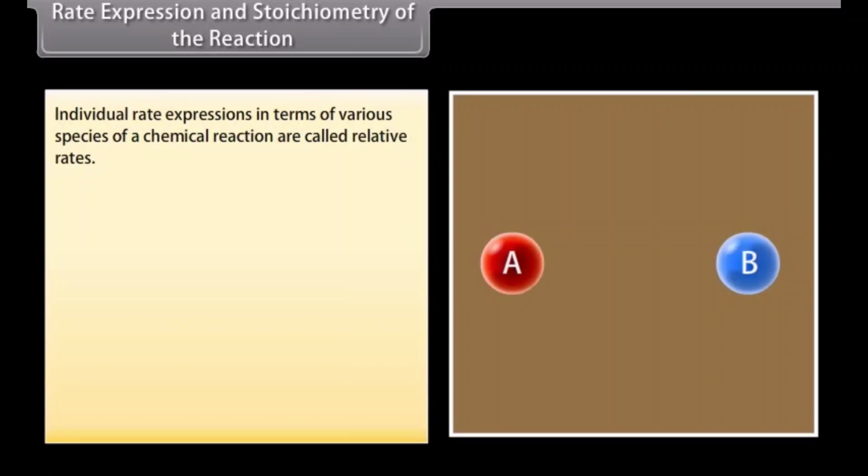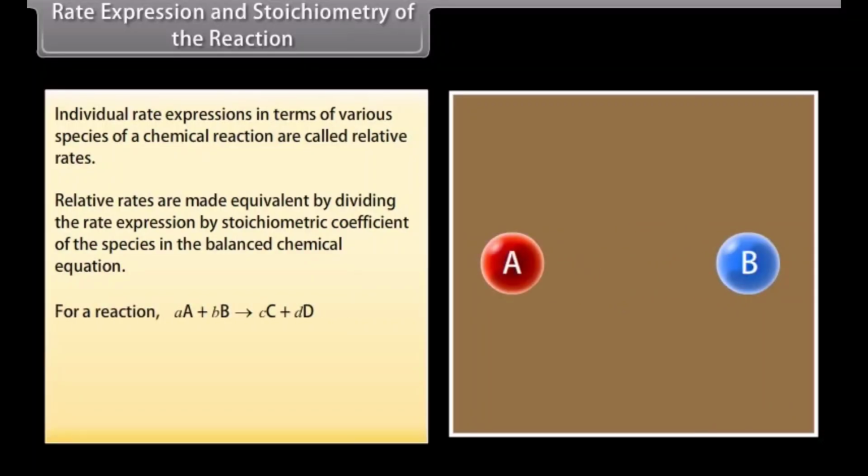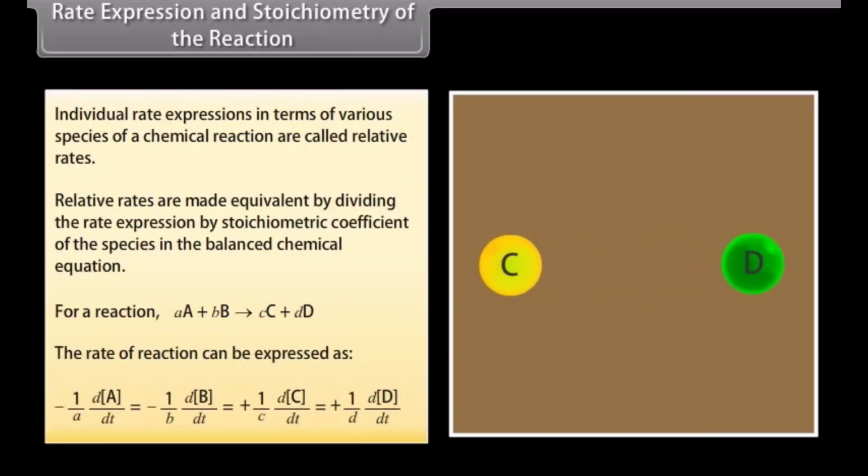Rate expression and stoichiometry of the reaction. Individual rate expressions in terms of various species of a chemical reaction are called relative rates. Relative rates are made equivalent by dividing the rate expression by the stoichiometric coefficient of the species in the balanced chemical equation. For a reaction, small a capital A plus small b capital B makes small c capital C plus small d capital D, the rate of a reaction can be expressed as